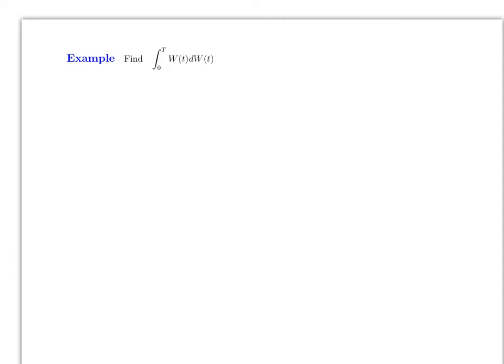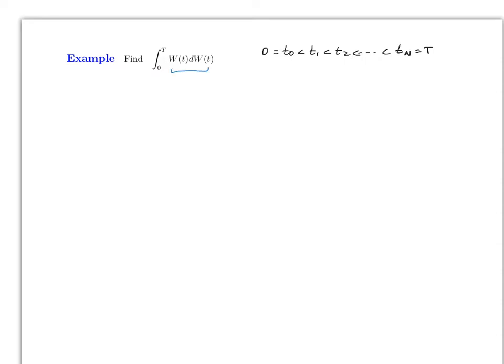So in this example, it's asking you to find the integral from 0 to t of the Wiener process with respect to the Wiener process. Again, this is not a regular integral because you're integrating with respect to a random variable, not a regular variable. Remember here that t goes from t0 all the way to tn. So if we use the definition that we just have right now,